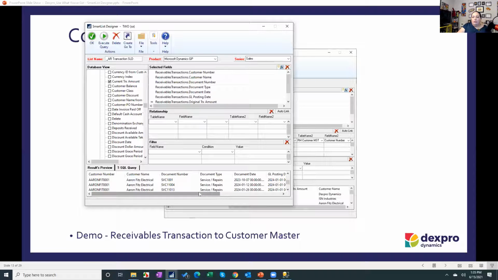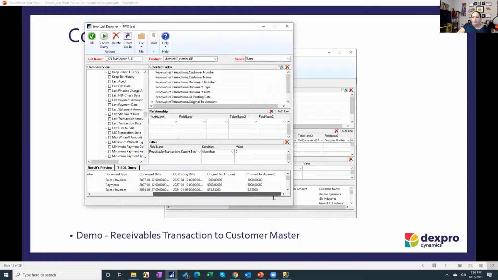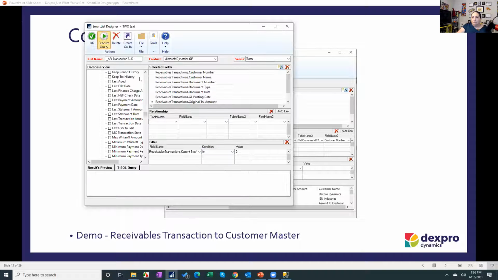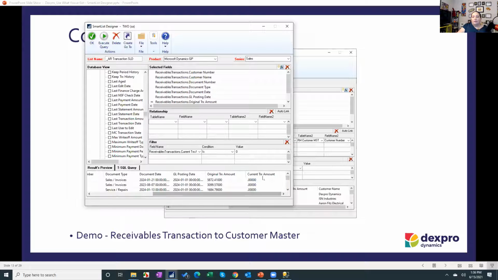Now, if you went into here and you said, well, what's the point of doing that? That's basically the same as one I could have done in regular SmartList. That's true. But there may be fields in here that you don't normally see, or you may want to put a filter that no one can override. So I could come in here and say, current transaction amount is more than 0. And if I push that filter in and execute my query, then you'll see that that includes ones that are greater than 0. If I said is 0, when we hit execute, we go over,